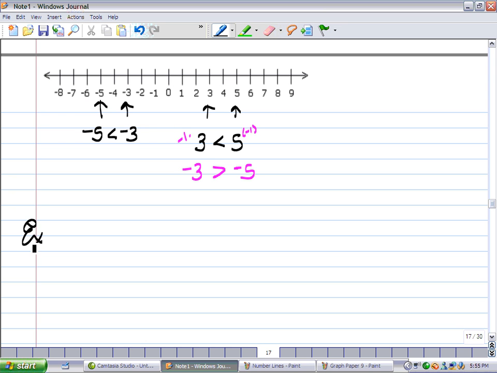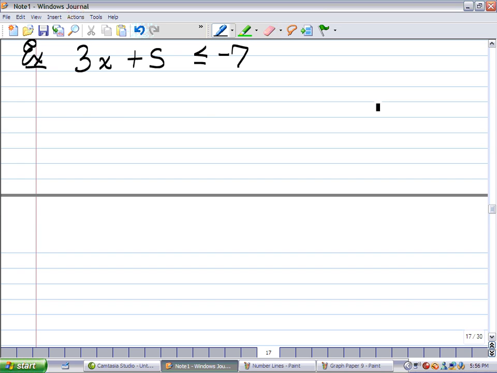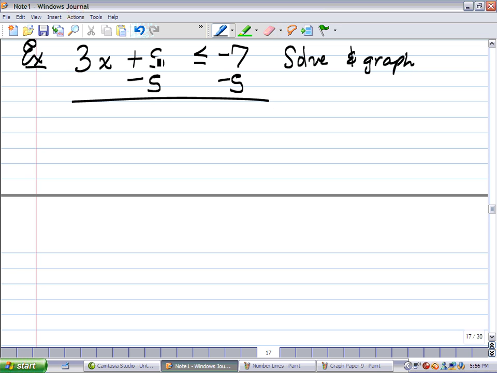And let's look at another example. 3x plus 5 less than or equal to negative 7. And we'll solve and graph this. Solve and graph. So I'm going to subtract 5 from both sides. This is 0. So 3x is less than or equal to negative 12. Dividing both sides by 3,